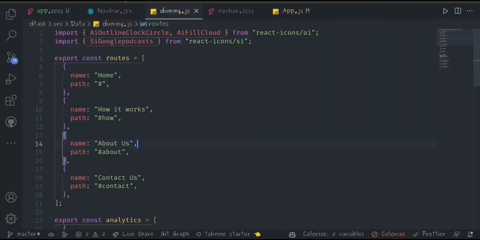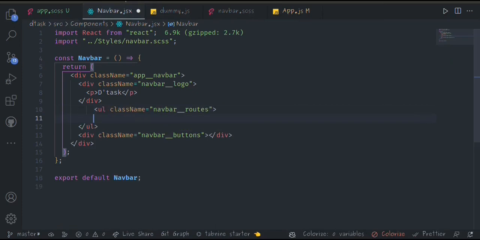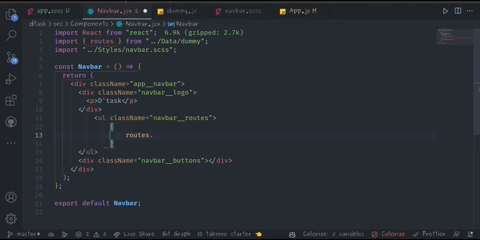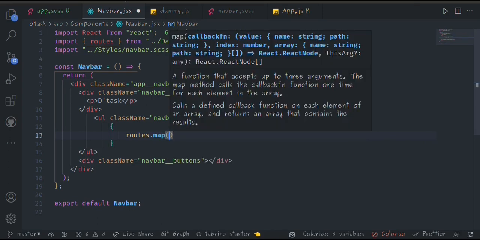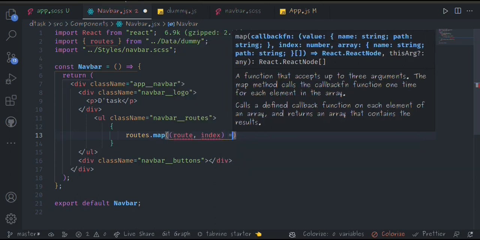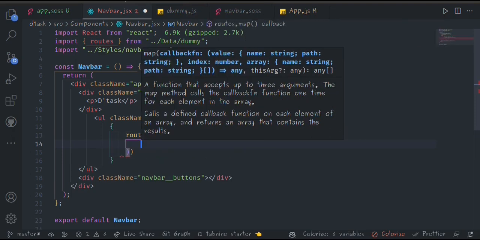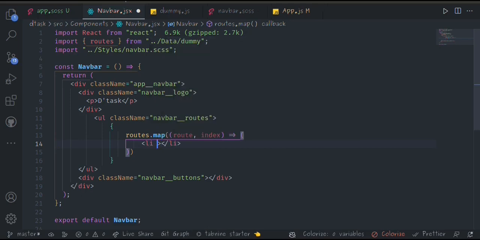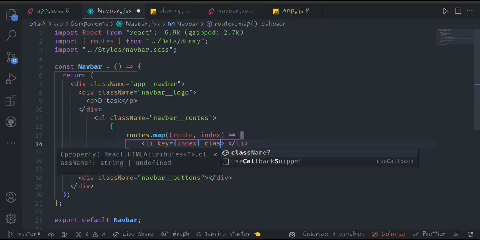and also here, I'm going to go back inside of my navbar, where I'm going to map inside of this route file that's auto imported from this dummy. I'm going to say routes.map, and for each I'm going to also take the index. But here I want to return directly, and I'm going to give it automatically the key to be the index, and also I'm going to give this li a class name of